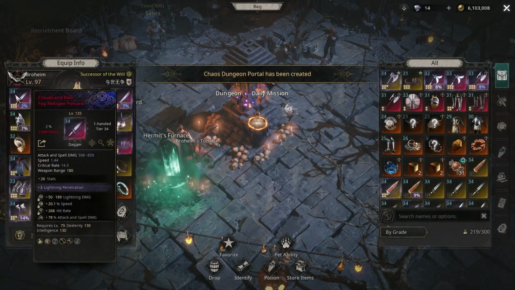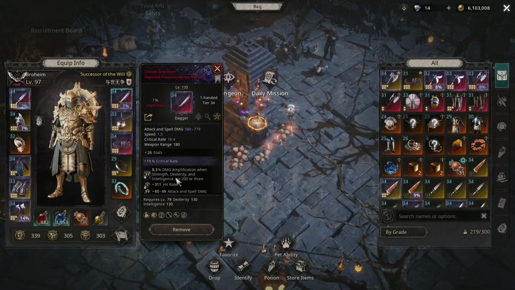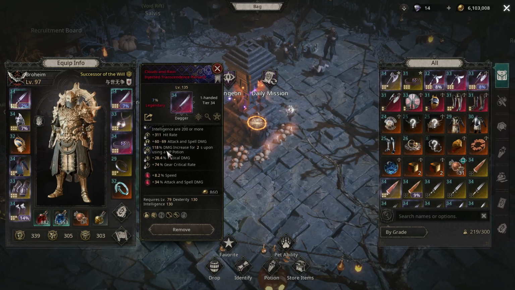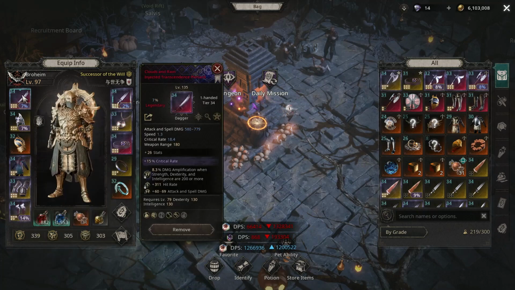We've got the clouds of rain, so we've gone through lightning pin. We've got crit chance on this, damage amp if intelligence, dexterity, and strength are more than 200. 118% damage whenever I use the HP potion. We got some other nifty things on the